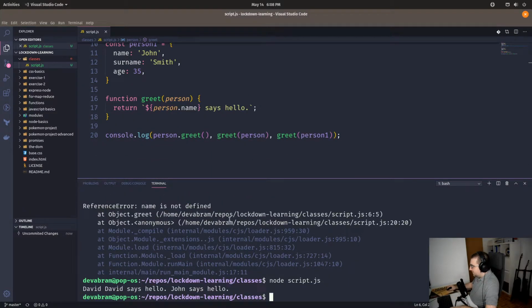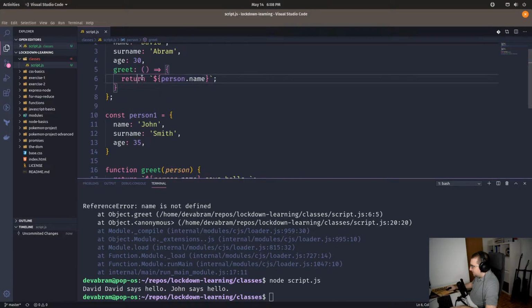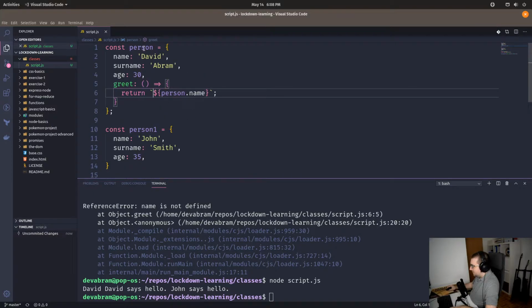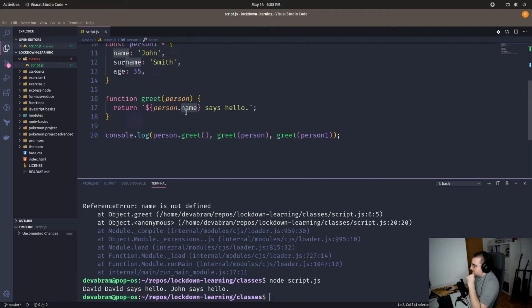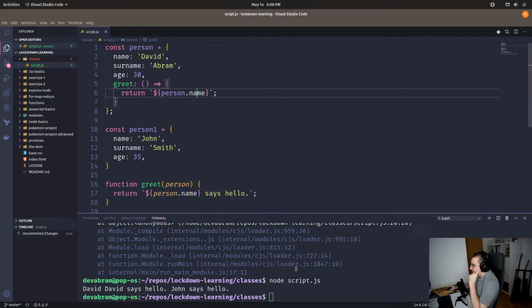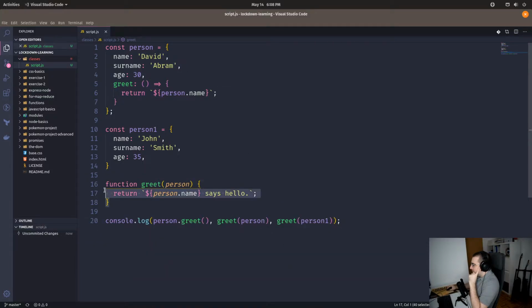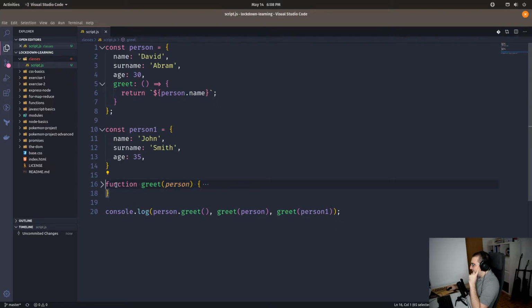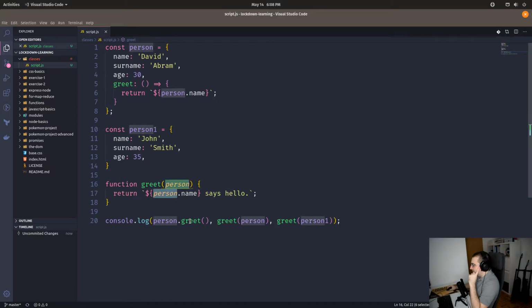Actually, it doesn't return anything, so it returns undefined or an empty string or something like that, because person is defined here. At this moment, the person is defined, but there is nothing in the variable name. So yeah, there is really no great way of writing this that we want to do here. This function greet is fine if you know that it is always passed a person,